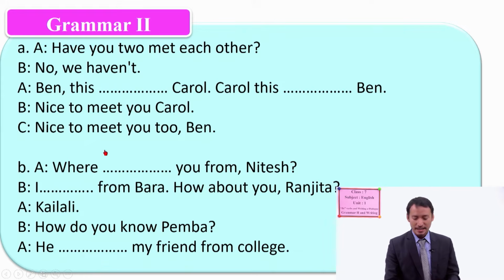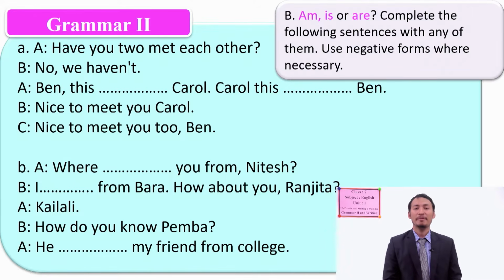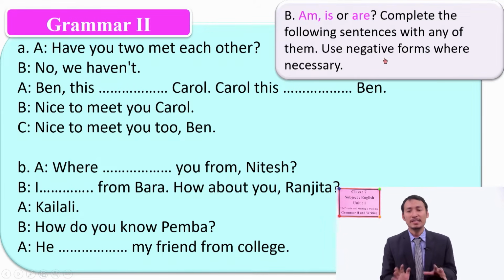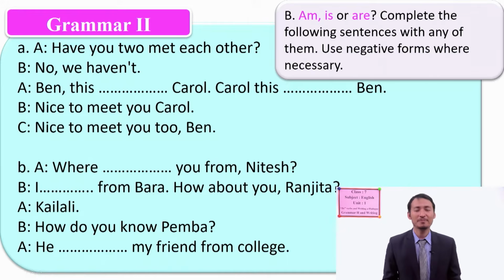Let's see what we can put here. Do you put is or am or are? Can you guess? So we have here the sentences to supply am, is, or are. So we have to complete, and we also need to look at the negative forms here if required. Okay, students, so let's see here. This